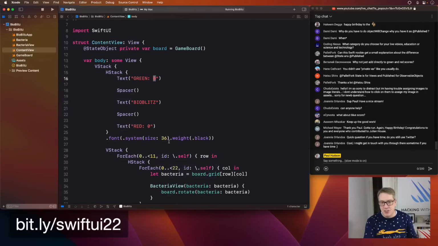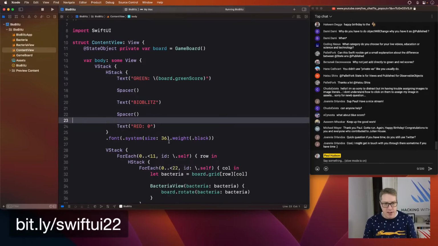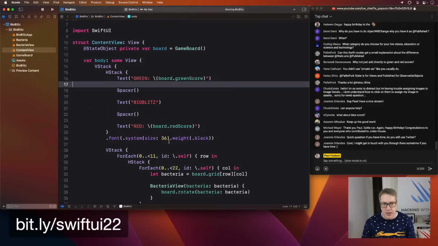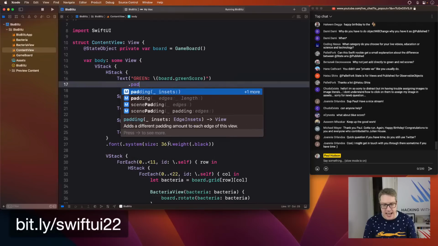And that's enough to do. We'll just say green should be board.greenScore and red should be board.redScore. But while we're here, I want to add a little bit extra to these text views so the player can see who is currently in control. And to do that, we're going to add some modifiers to these views here. We'll say that the text has some padding